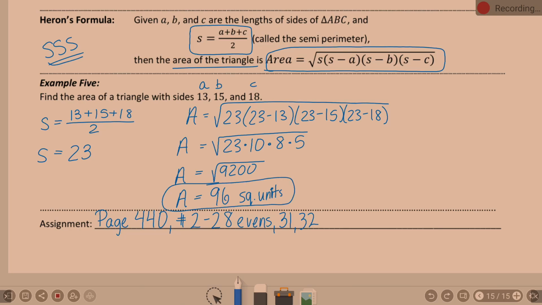Okay, guys. We got a few minutes to spare even. Your homework is on page 440, 2 through 28 evens, 31, and 32. Have it ready to go for tomorrow, and we will start into some chapter review, looking at a test towards the end of next week sometime. For the octagon one, did you truly get a whole number, or did you